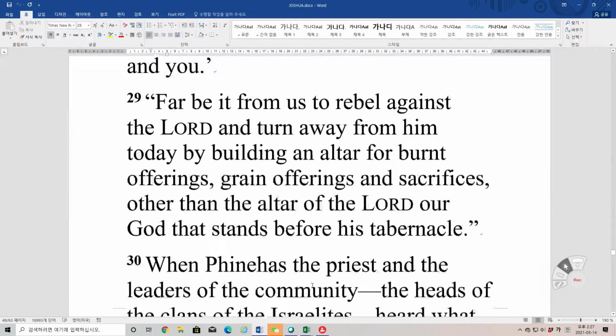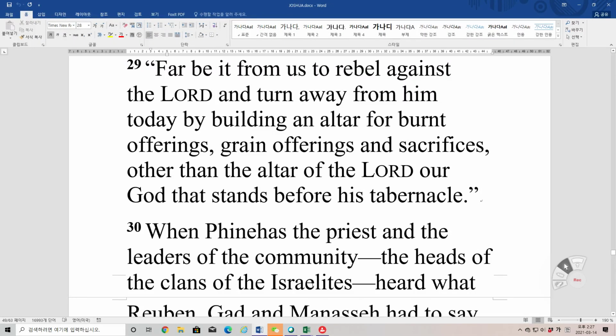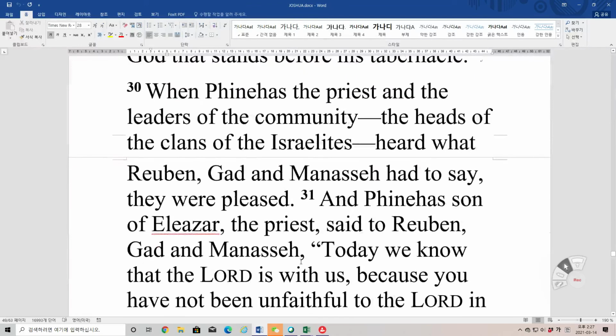Far be it from us to rebel against the Lord and turn away from him today by building an altar for burnt offerings, grain offerings, and sacrifices, other than the altar of the Lord our God that stands before his tabernacle." When Phinehas the priest and the leaders of the community, the heads of the clans of the Israelites, heard what Reuben, Gad, and Manasseh had to say,